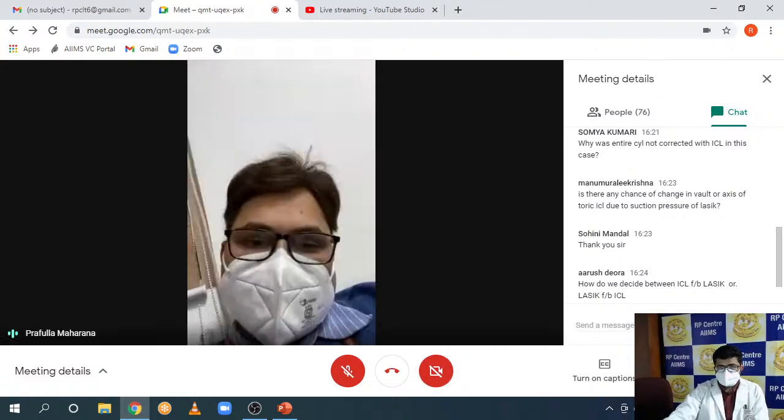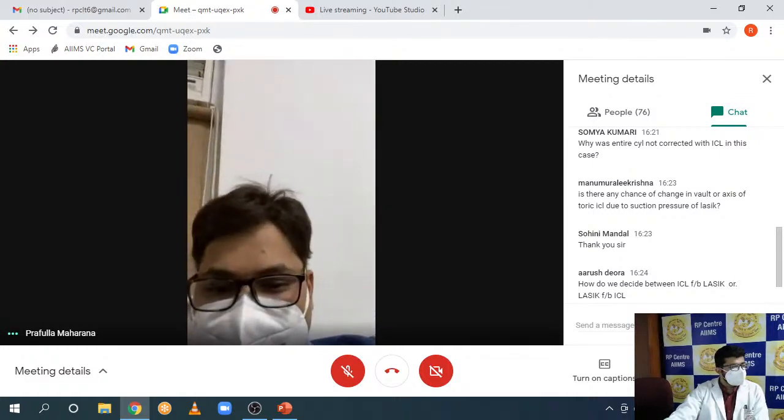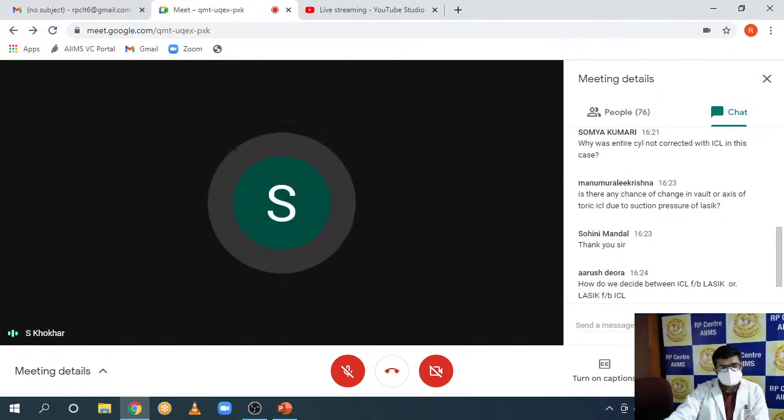How to decide whether ICL first or LASIK first for high myopia? If the patient comes to me, anybody who's more than 18, the first thing is that corneal refractive alone is out. Some people say you undercorrect to some extent and the patient wears glasses. Even if there's a minus 18, the maximum you can take out is 6, 7, maybe 8. Let's put it at 8. Still you've got 10 diopters, so corneal refractive alone first is out for these patients.